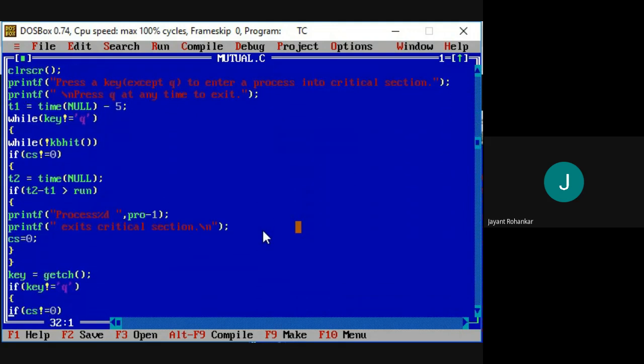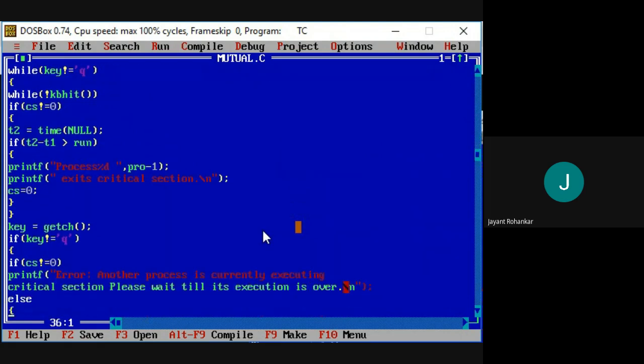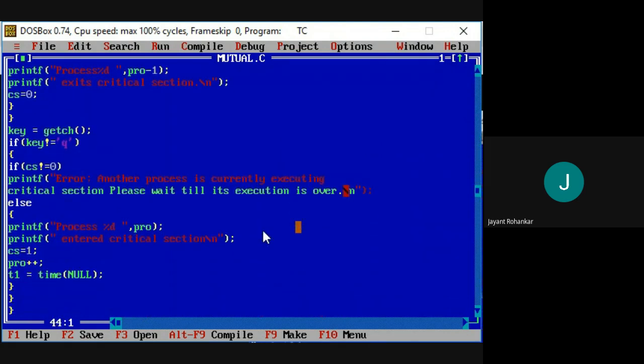Suppose we are considering process one is now executing in the critical section. So process p1 will execute first, and after the execution is completed by